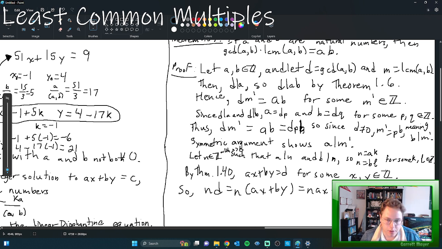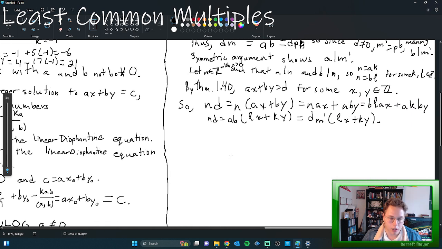And then we're going to keep expanding this, so it's going to be blax plus akby. So continuing it, nd equals ab lx plus ky, which means that it equals dm prime times lx plus ky. And using this principle again, since d is not 0, because the greatest common divisor has to be greater than or equal to 1,